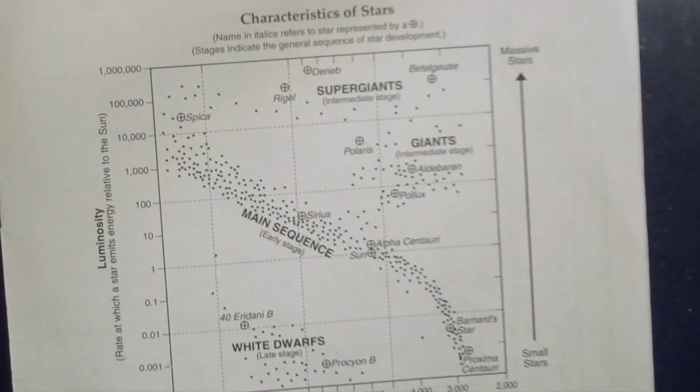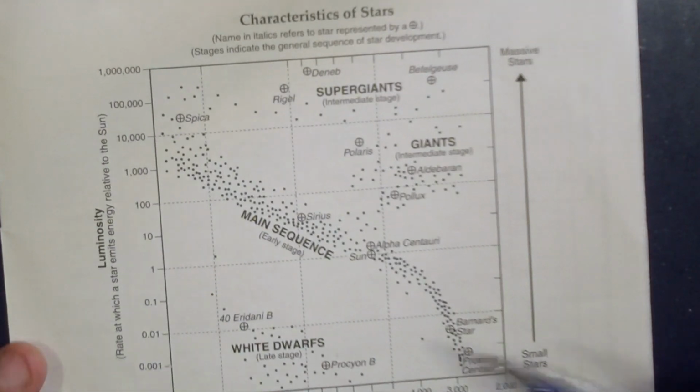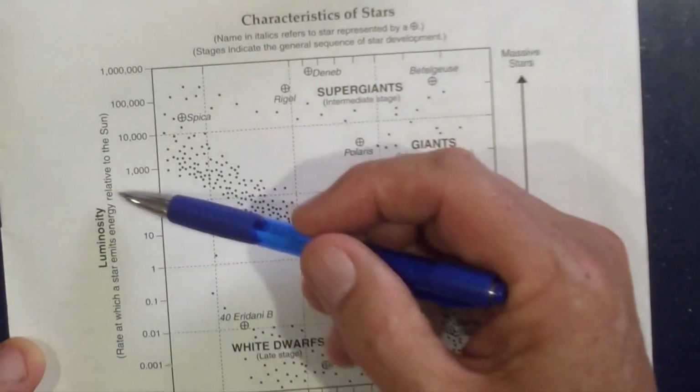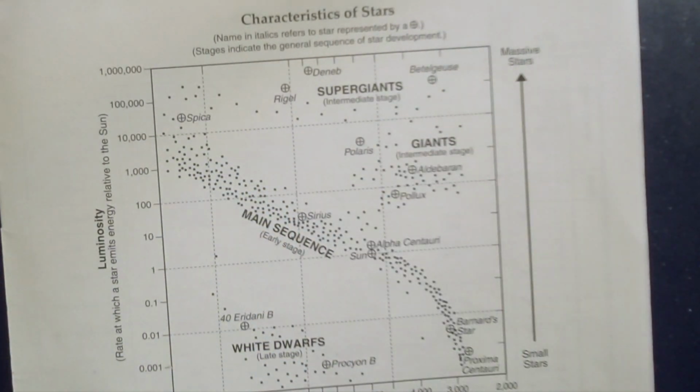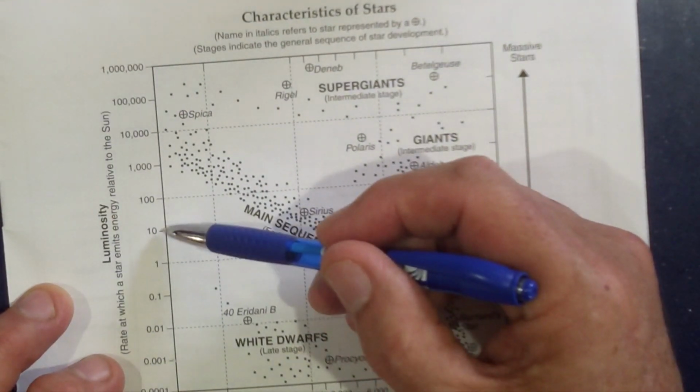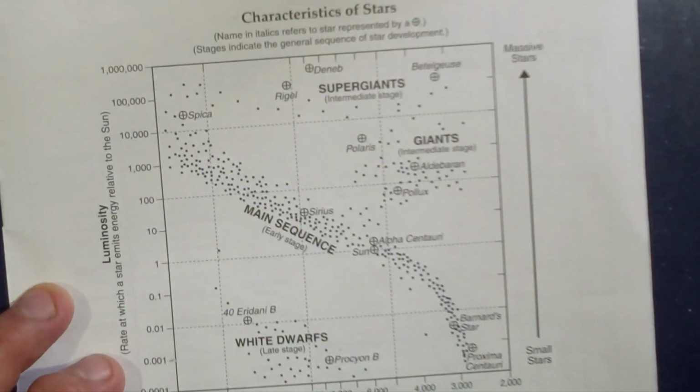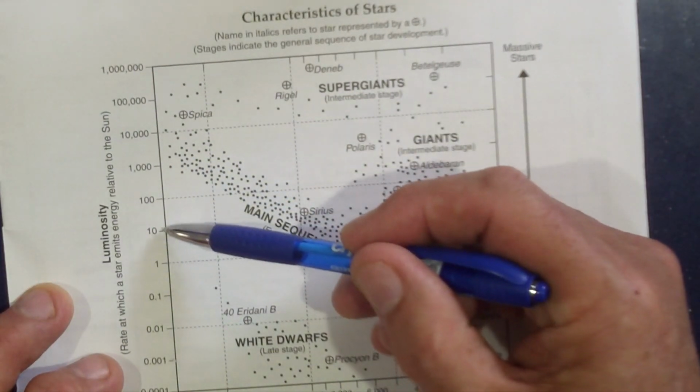On the left-hand side of the chart, we have luminosity. This is the rate at which a star emits energy relative to the sun. The sun has a luminosity of 1. Stars with a luminosity greater than 1 are brighter than the sun, and less than a luminosity of 1 are not as bright as the sun. The numbers go up by a logarithmic scale, so that a star with a luminosity of